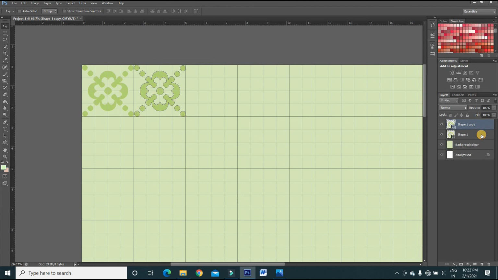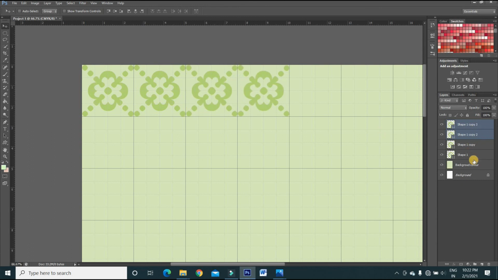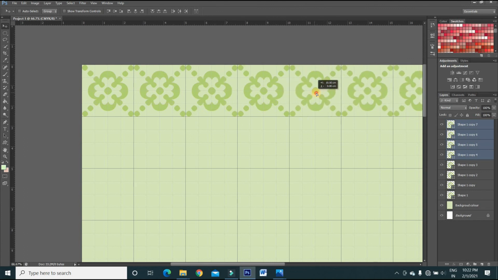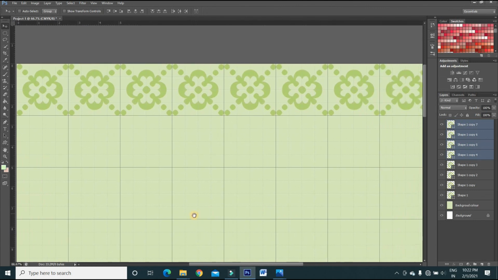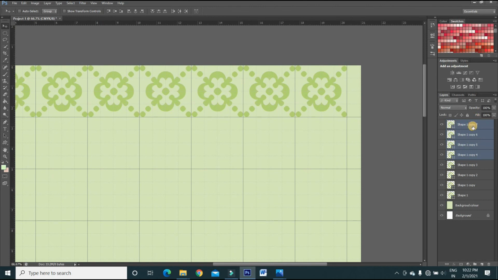Again select both the shapes, Ctrl J and move further, Ctrl J, move. Again to get this hand icon, press and hold the spacebar button and then just drag the workspace. Again Ctrl J and move to complete this area as well.